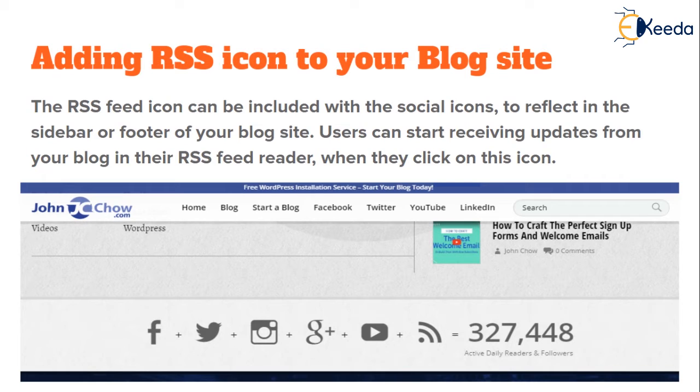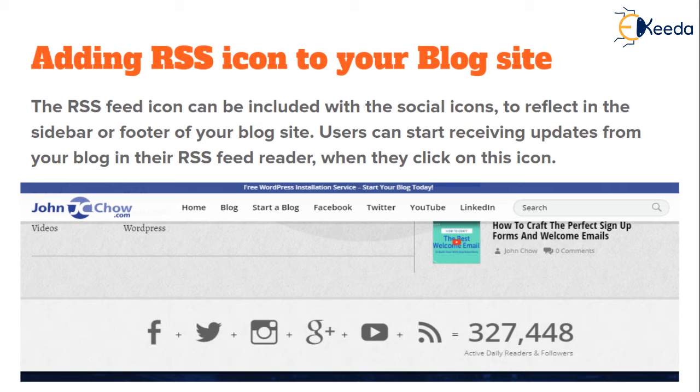As you can see in the example here, johncho.com is perhaps one of the most successful blogs out there, and he has created a stacked icon summary of sorts at the bottom of his blog page, where users can share the post they liked on Facebook, or follow him on Facebook, Twitter, Instagram, Google Plus or YouTube. In addition to that, he's given the RSS icon along with the other